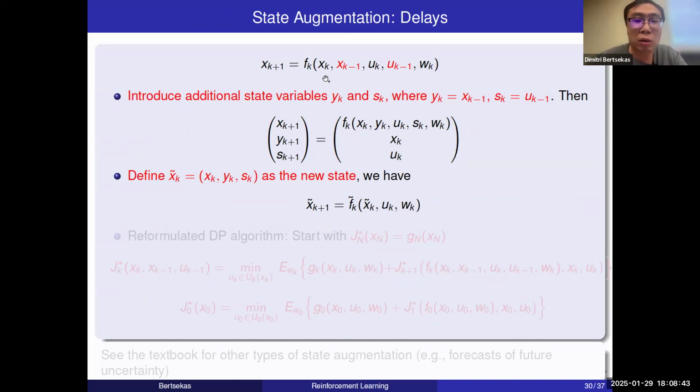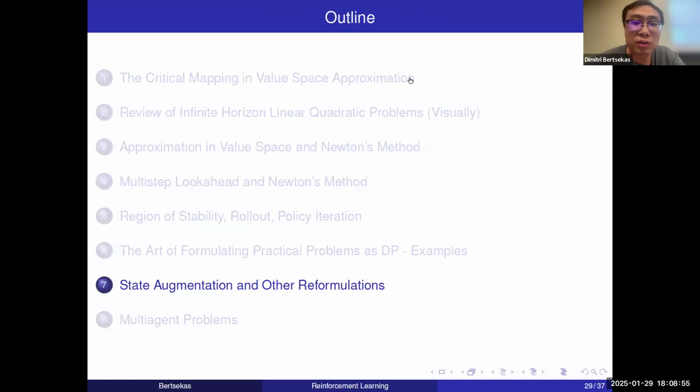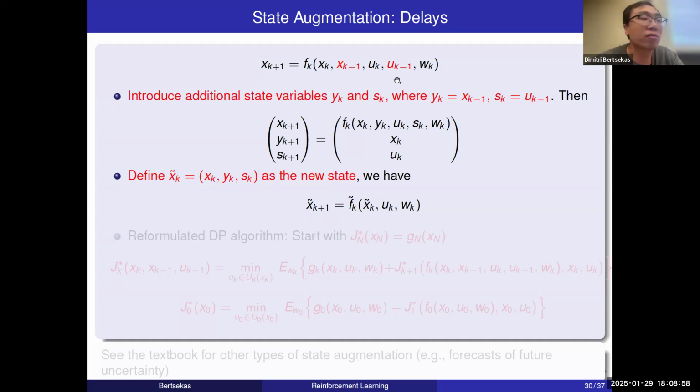We have discussed thus far problem formulations where the next state, xk plus 1, depends on xk, uk, and wk. What if there are delays involved in the problem, by which I mean the next state not only depends on the current state, but also depends on the previous state. And the control not only depends on the current state, but also the previous state. Then this system equation does not fall into our standard framework, but a generic technique that we can